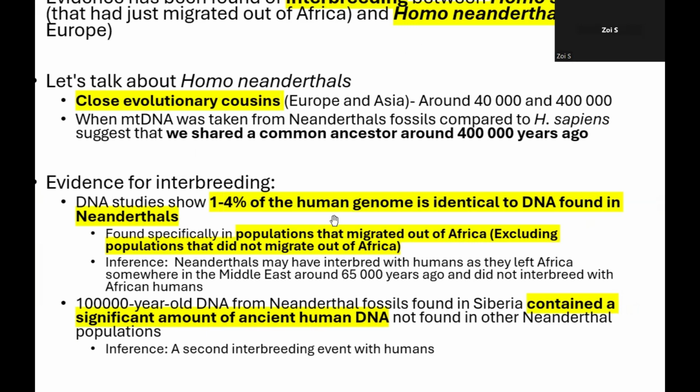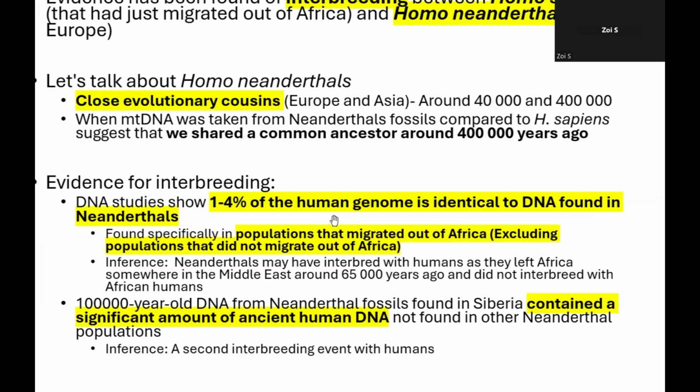So if we actually went back to Africa and sequenced the DNA of people who didn't migrate out or people who weren't descendants of other populations, and we specifically look at those who stayed in Africa, we find that they don't have this Neanderthal DNA inside their genome because they never interbred with the Homo neanderthals that were in Europe. Only specifically those Homo sapiens that migrated out of Africa and went into Europe had overlap with Homo neanderthals, and then there was an interbreeding event